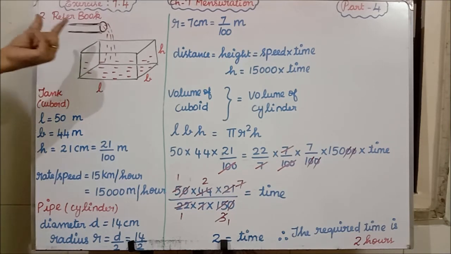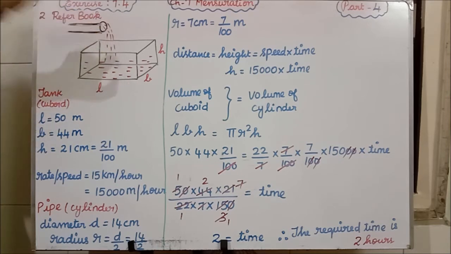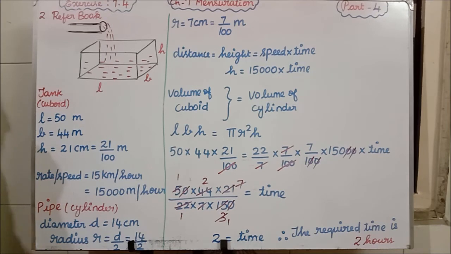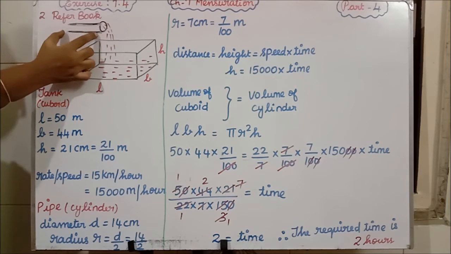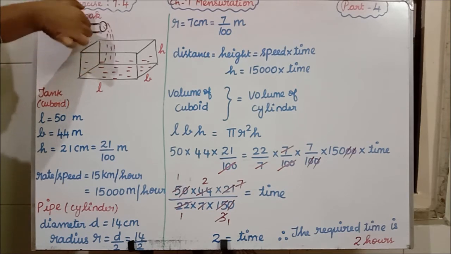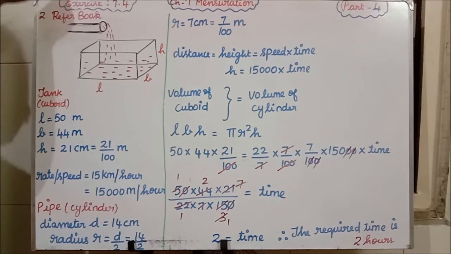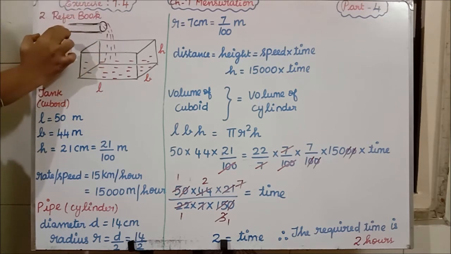Then if you see in the question, they have given only the diameter of the pipe. Pipe means, I told you, cylinder. In the volume of the cylinder formula, we need the radius as well as the height. But in the question they have talked about only the diameter, from that we have found the radius. But we have not talked about height. What I am going to do is, instead of that, they have given the speed. Now this is the height. If you make this pipe stand like this, then we will say this is the height. So this is the distance also of the pipe.